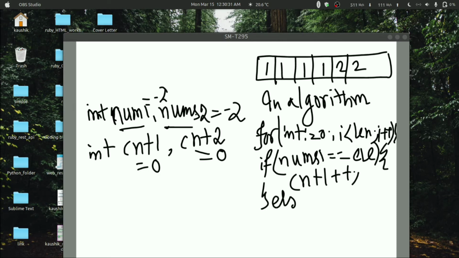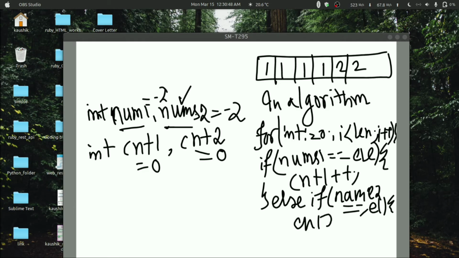Else if num2 is equal to the element, count2 will be incremented. If both conditions are not satisfied, then